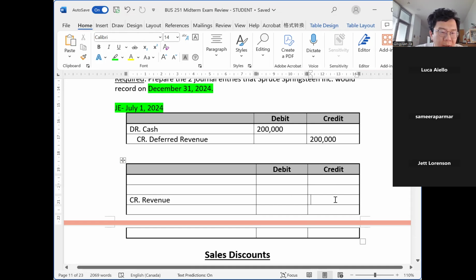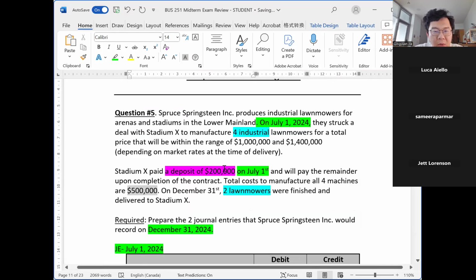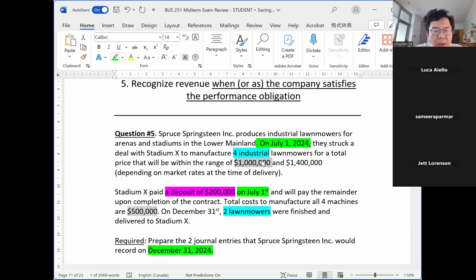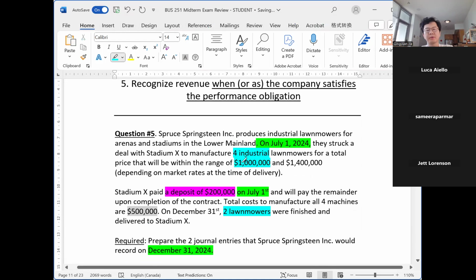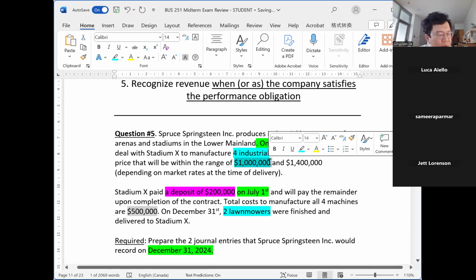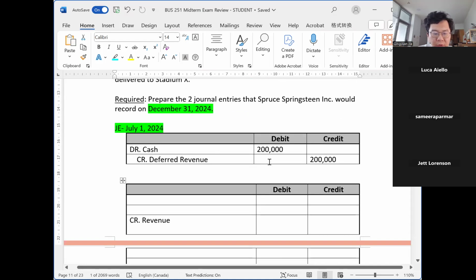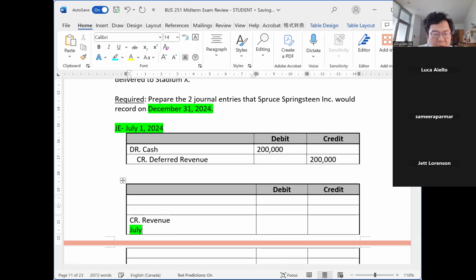So how was it calculated? We will choose this figure because we are accountants, we have to be prudent. We have to be careful about the numbers that we use, right? So we will choose the smaller figure. So we use 1 million